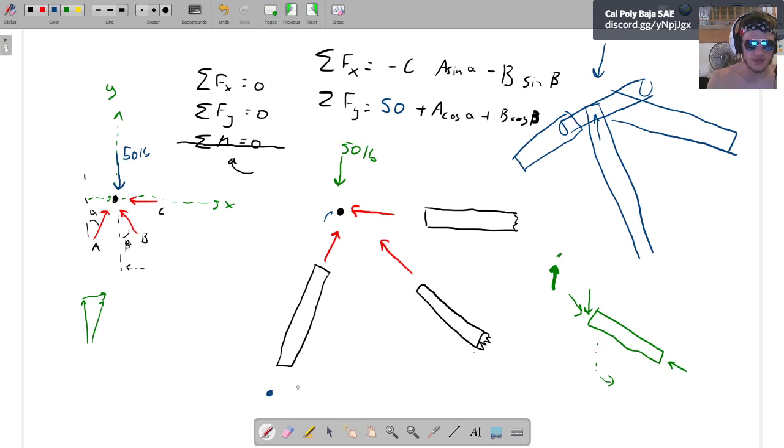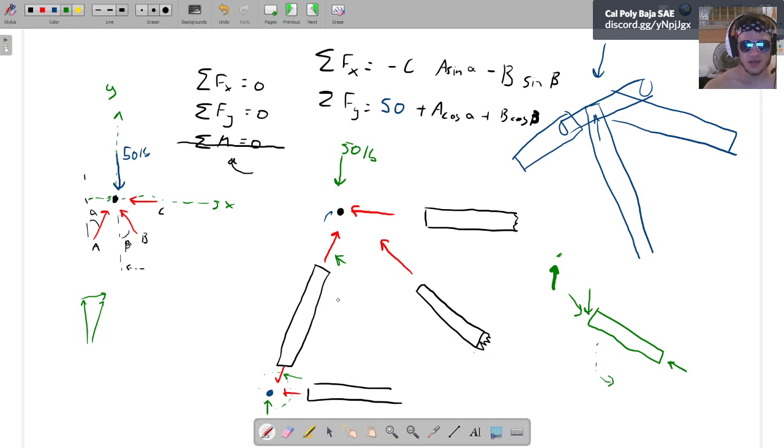Let's say we take the joint down here. So this joint would have some forces, maybe that direction and that direction. And we also already solved for the reaction with the ground. We got that force. And this one, we've only got 2 unknown forces. So for this one, we actually know that we'll be able to solve all the statics on that pin, which will tell us, because this is equal and opposite to that, we can solve for, what did I call this one? Force A, which means that then we can solve for force B and force C, because that'll take care of some of our other unknowns. So